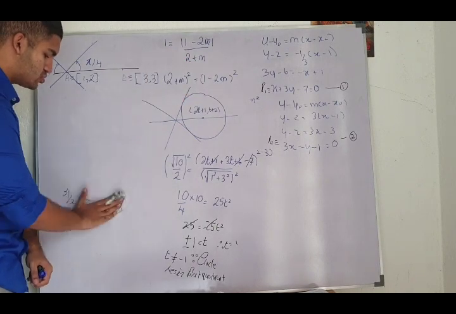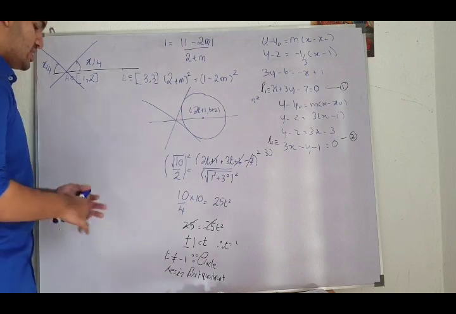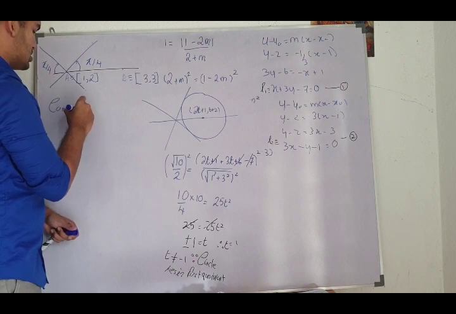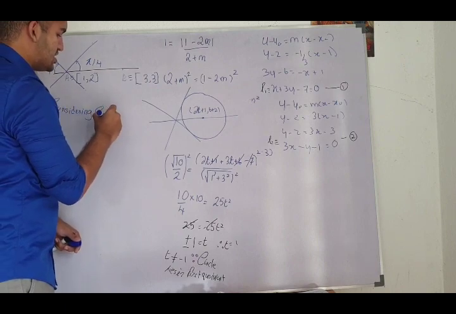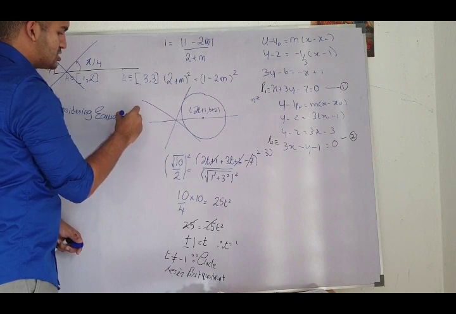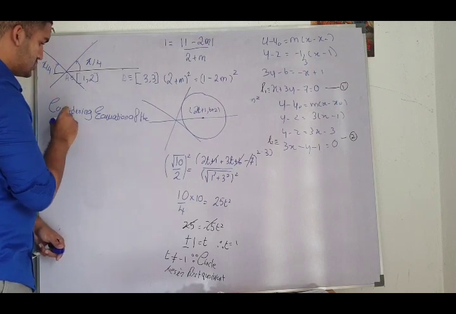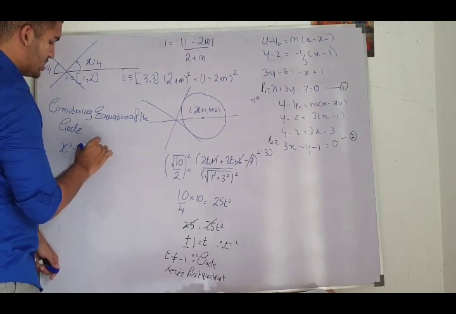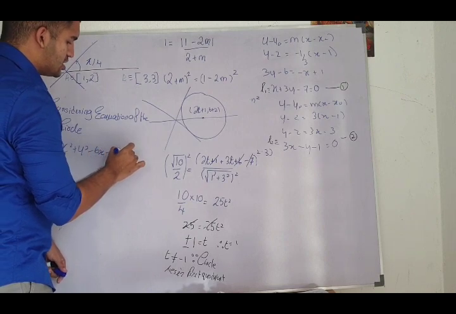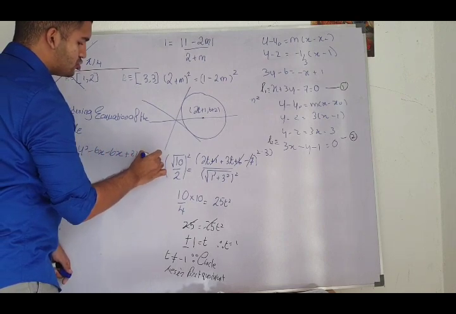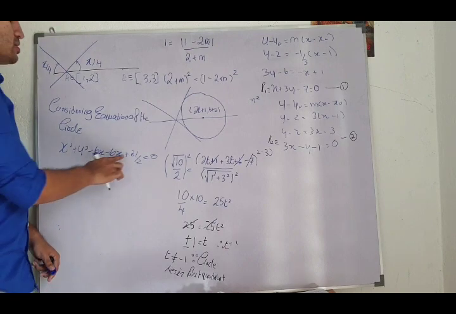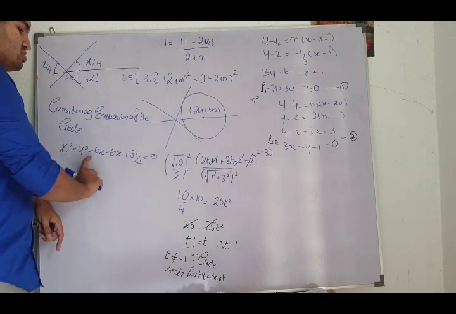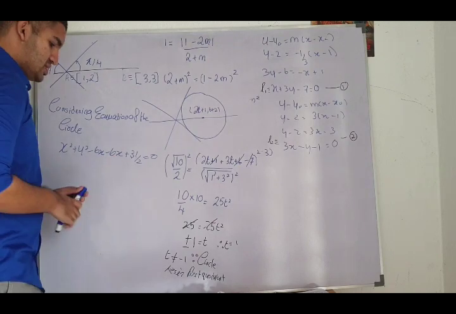C as 31 by 2. So therefore, considering the equation of the circle as x squared plus y squared minus 6x plus 31 divided by 2 is going to be equals to 0, right? 31 divided by 2. So I put minus 6x and minus 6y